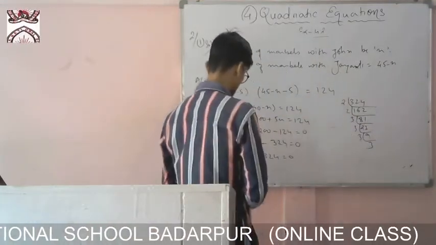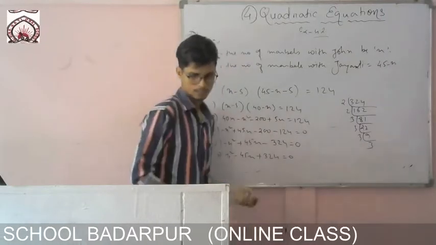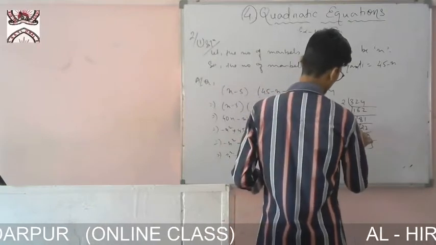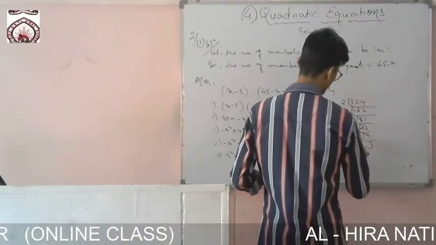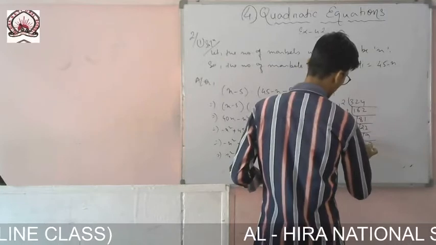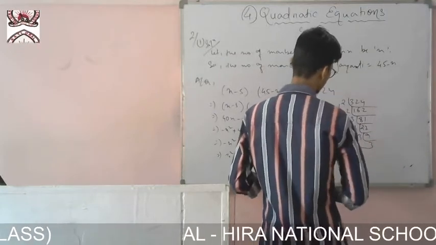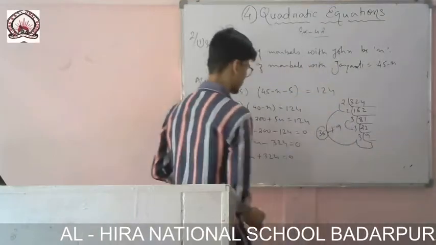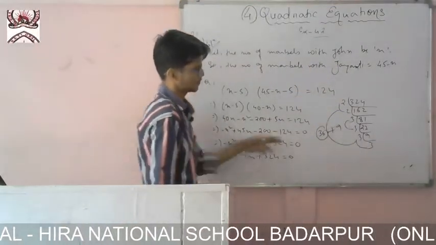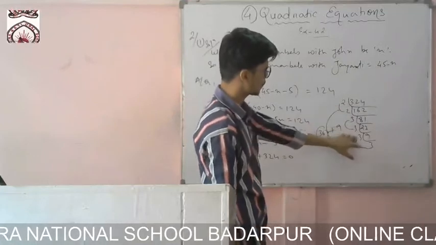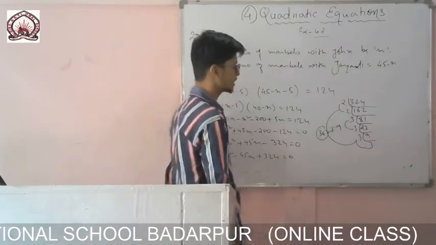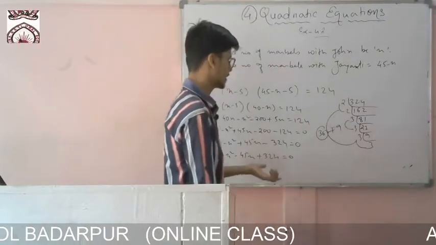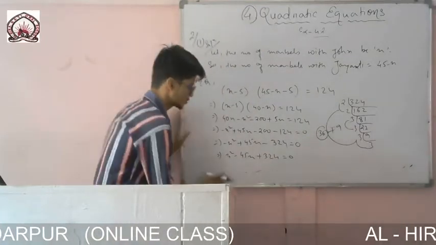Now I have to arrange them so that I get 45. So 3 3s are 9 and 2 2s are 4, and 4 3 3s are 9, 4 9s are 36, so 36 plus 9 it is 45. So 3 3s are 9, 2 2s are 4, and 4 and 3 3s are 9. So 4 9s are 36. So 36 plus 9, it is 45, and 36 into 9, it is 324.